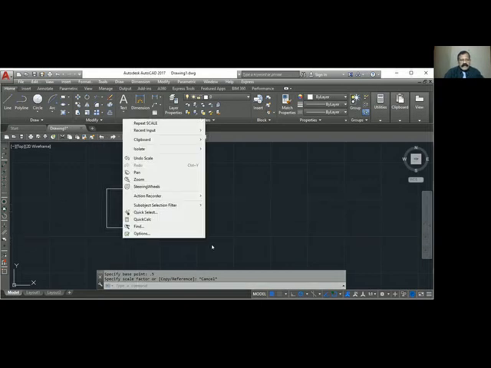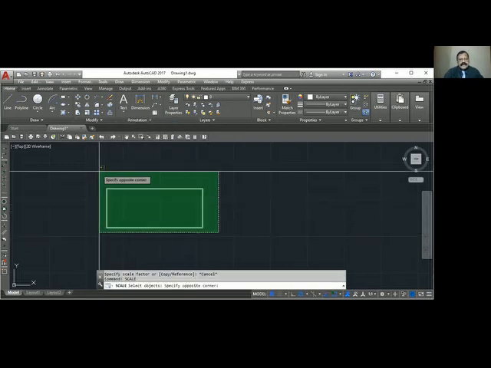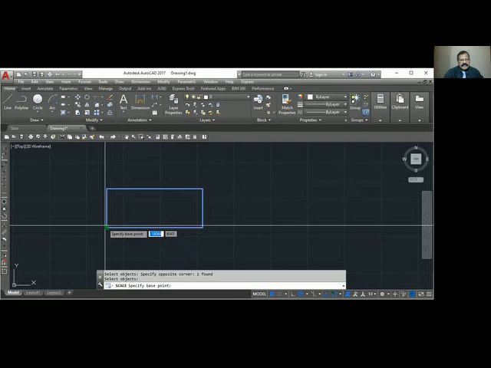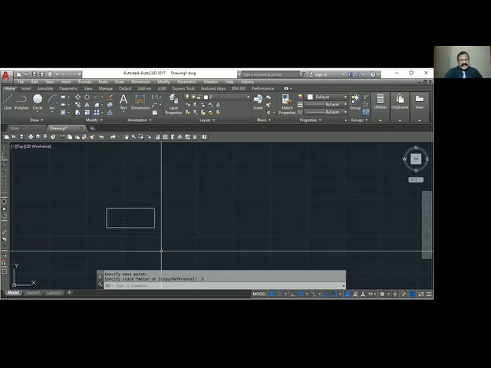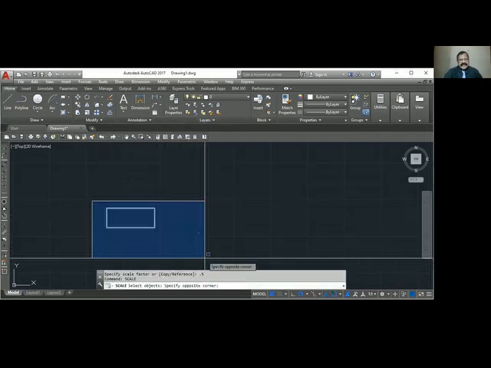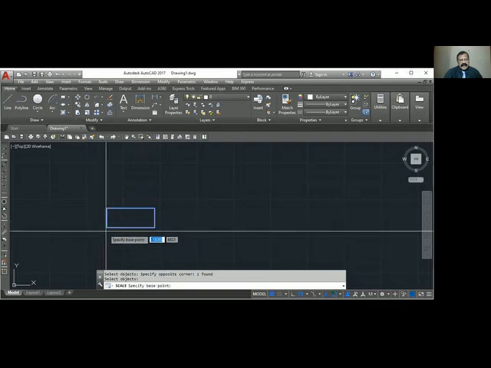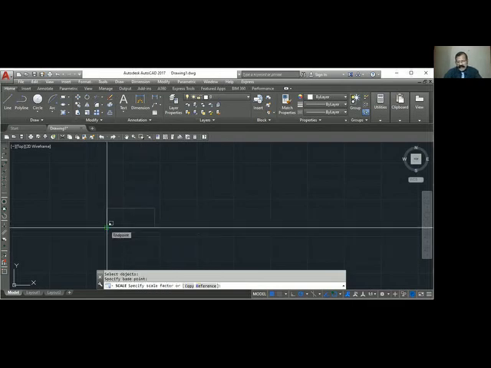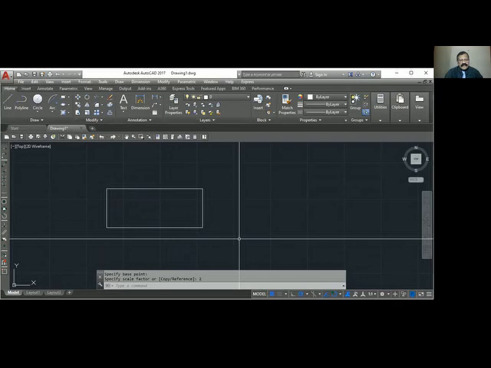Once again, scale, select the object, show the base point, scale factor 0.5. So it became half the size. Suppose you want to make bigger, select the object, show the base point, scale factor. So I want to make double the size.